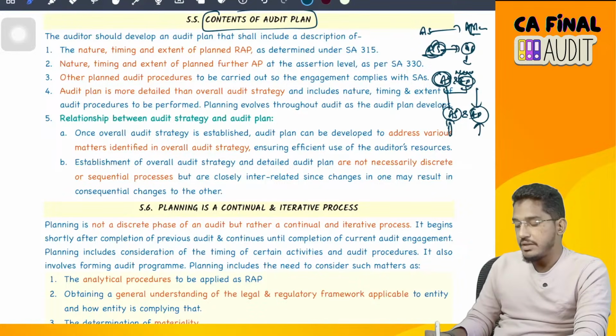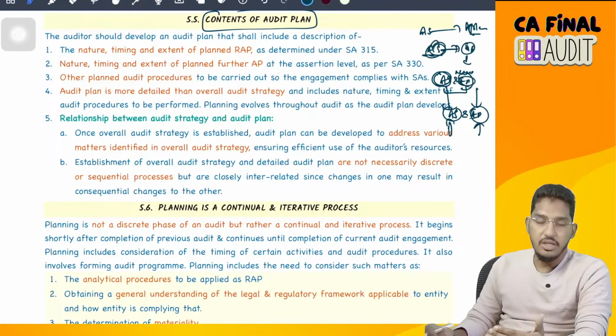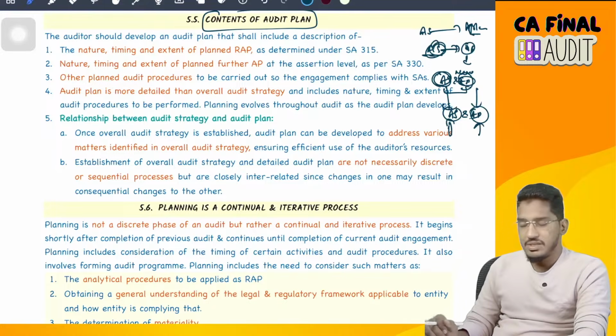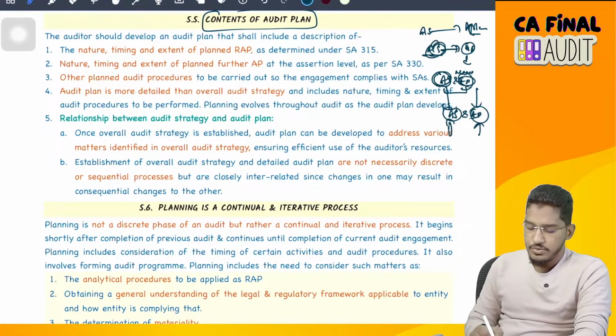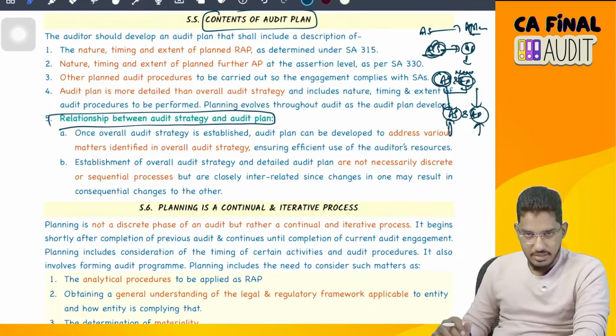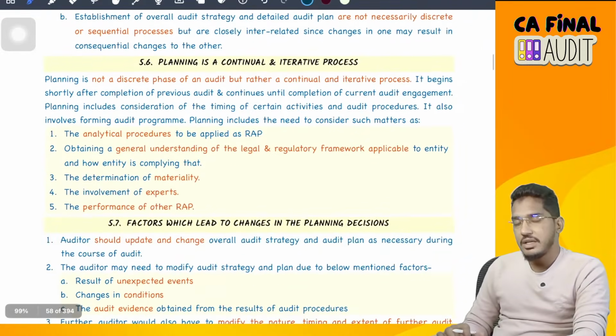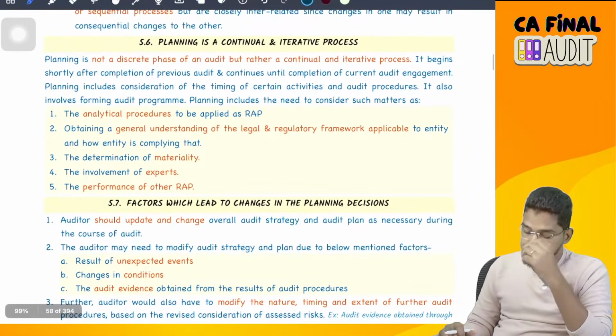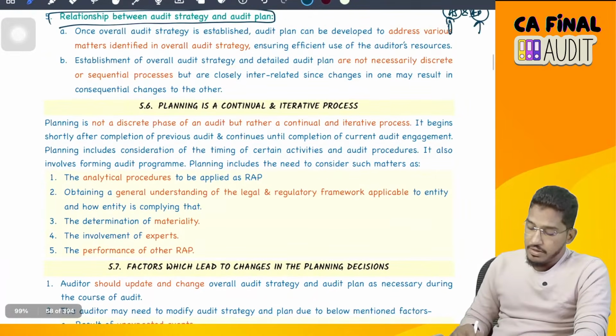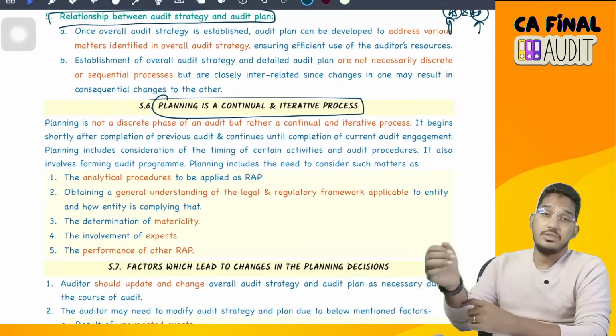If you make a change in the audit plan, that requires a change in the audit strategy. Both are closely interrelated with each other. So that's what they try to explain here: the relationship between audit strategy and audit plan. Both are closely related. A change in one will lead to a change in the other. Next. One more thing they say here, planning is not just a one-time activity, it is a continuous process or an